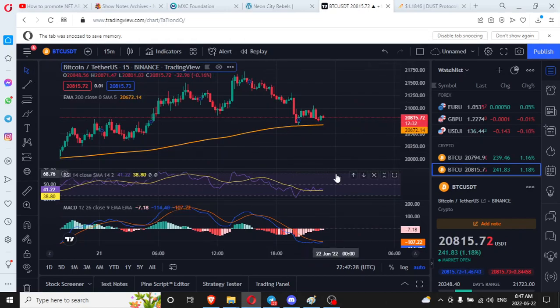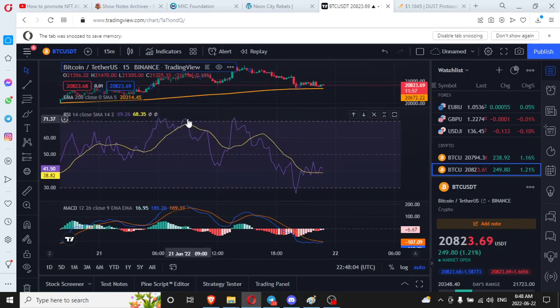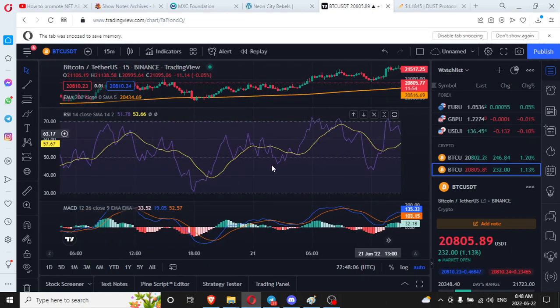Now, you need 3 indicators. There's 3 indicators I use to make all these successful trades all the time. They are very simple. It's 200 EMA right here. It says EMA. RSI, which is relative strength index. It shows if Bitcoin in this case is oversold or overbought. So if you see the line down below here, it means it's oversold. It has to go up. If you see the line over here, as you can see, it means it's overbought, and then we got a downtrend right after that. Sometimes it goes beyond the frame, and if you actually extend it, you can see that it went a little bit above the actual frame. Here it stays within it,